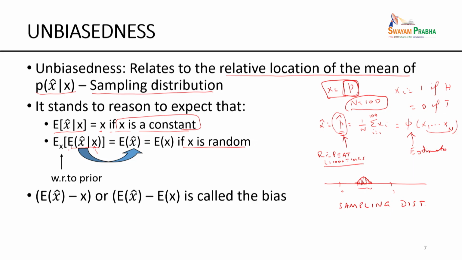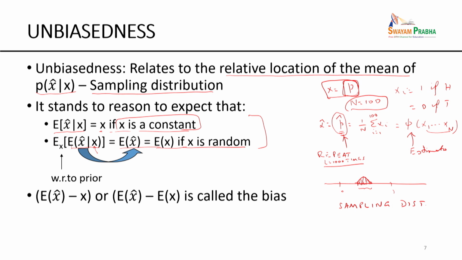Based on the probability theory, the repeated nested expectation is equal to expected value of x hat. If the expected value of x hat is equal to E of x, now please understand, x itself is random. Therefore, what does this second equation say? If the expected value of the sampling distribution coincides with the expected value of the unknown x, when x is random, if these two are equal, we call it unbiased. So these are the two ways in which unbiasedness can be described.